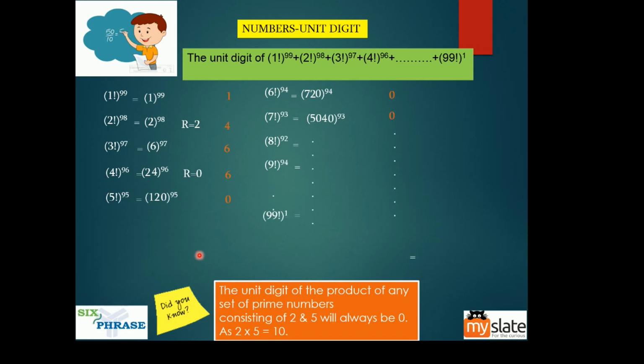Okay, so you just have to do the sum of 1, 4, 6, 6, 0, 0, 0 and a whole lot of zeros, and it is very simple. It is 17 and finally you will get your answer to be 7. Okay,